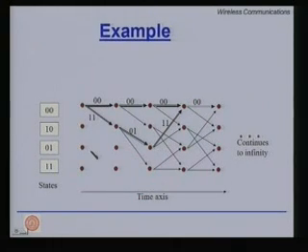Let us look at an example. It is a 4-state trellis with 2 branches emanating from every node, and you also have 2 bits written on every branch, which depicts that 2 bits are thrown out for every input bit that comes in. Now, from the all zero path, zeros are written on all the branches. We have been able to demarcate one particular branch which diverges and after some steps merges back.